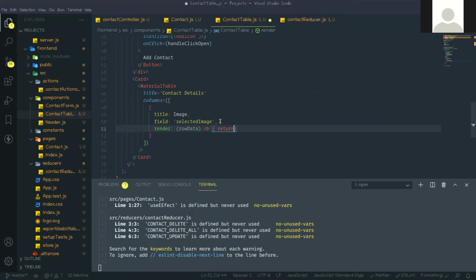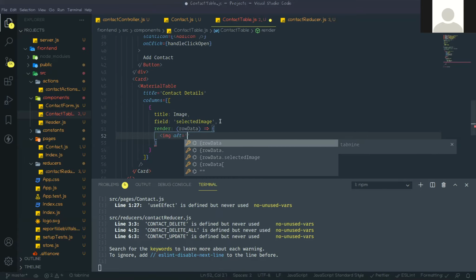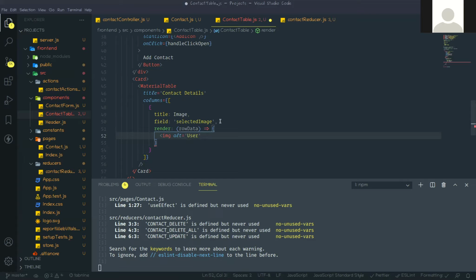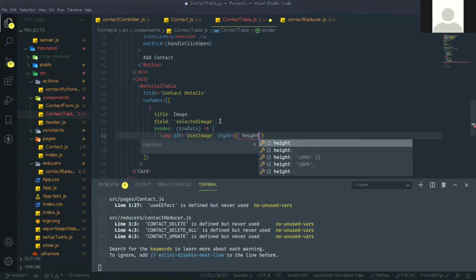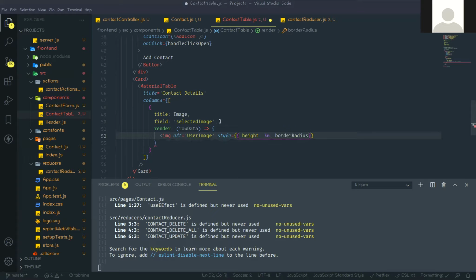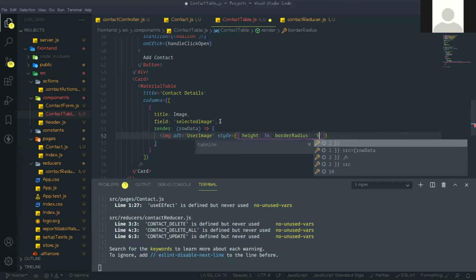So here we just draw one image tag, the alt should be like user image, then the style should be height 36, border radius should be 50%.